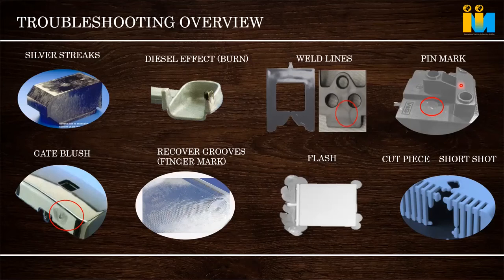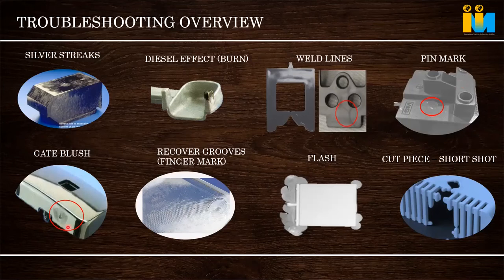Decide the ejector pins properly. Instead of small ejector pins, give a little more optimum or bigger size ejector pins wherever possible. Increase the number of ejector pins based on the pushing load on the part. And sometimes, instead of pins, we have to give block ejection or stripper ejection. With a stripper, the whole part is pushed uniformly. So these are the things to avoid pin marks, and excessive holding pressure has to be avoided.